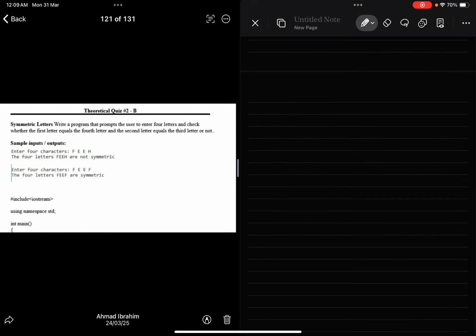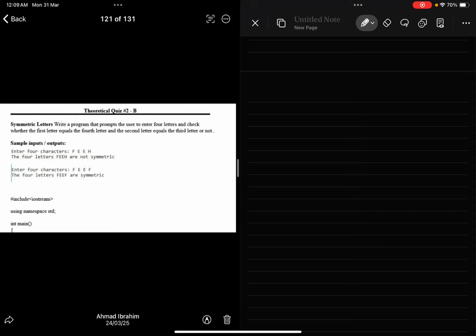For question 2, here he wants symmetric letter. Write a program that prompts the user to enter 4 letters and check whether the first letter equals the fourth letter and the second letter equals the third letter or not. Sample, enter 4 characters FEEH. So the 4 letters